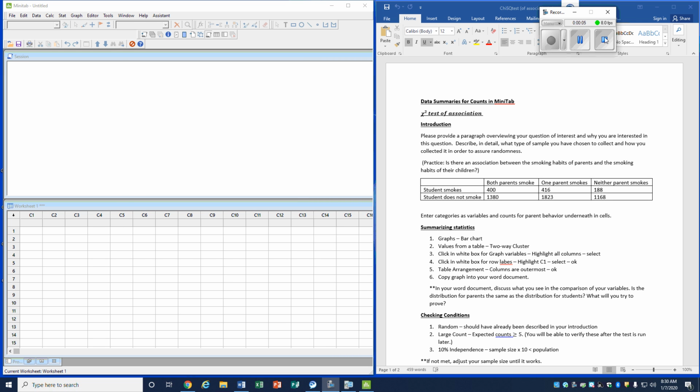Okay, this explanation is for those of you that have chosen to do a chi-square test of association. What you should have already completed is you should have looked at how you were going to collect the sample that you were going to be working with. If you're doing a chi-square test of association, that probably means that you have taken